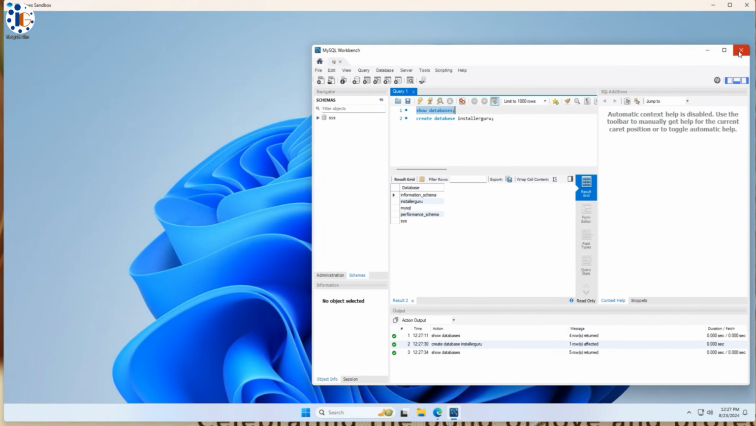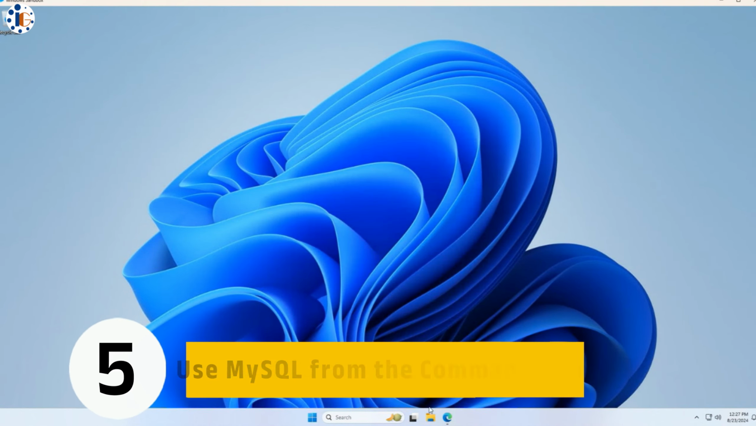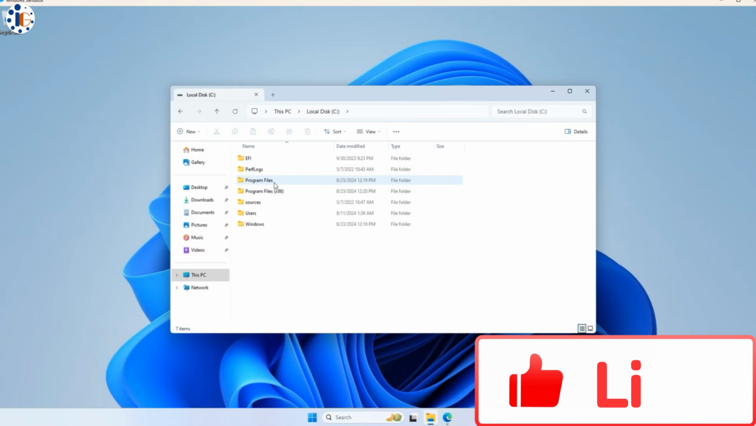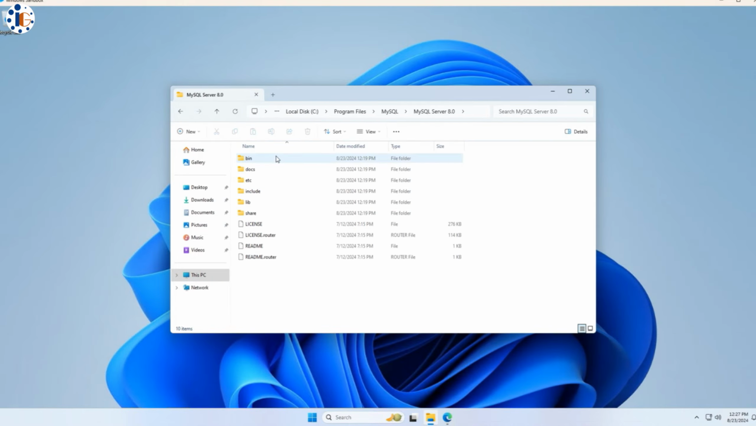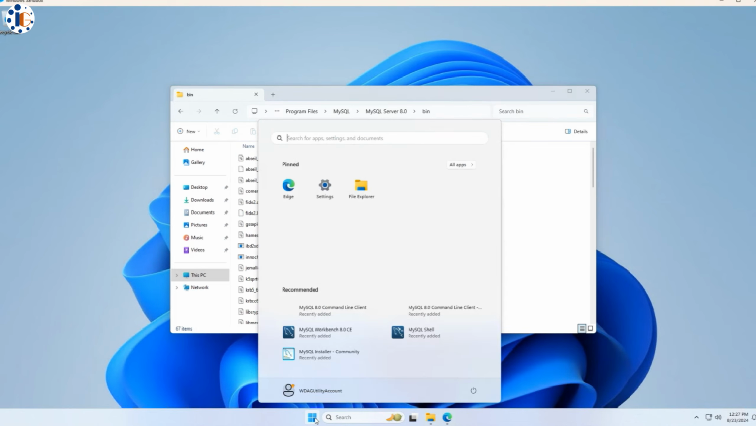Step 5. Use MySQL from the command prompt. To use MySQL from the command prompt, you'll need to add MySQL to your system's environment variables. Navigate to the MySQL root directory in the program files, enter the bin folder, and copy the path. Then,